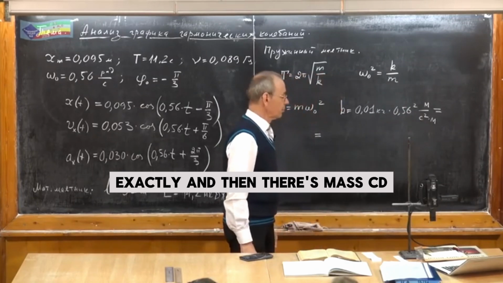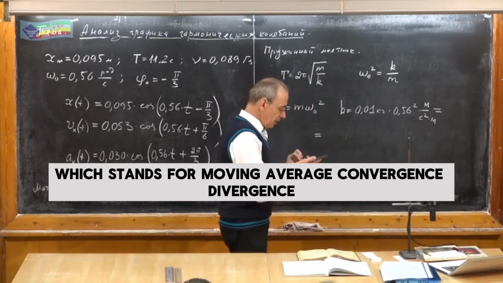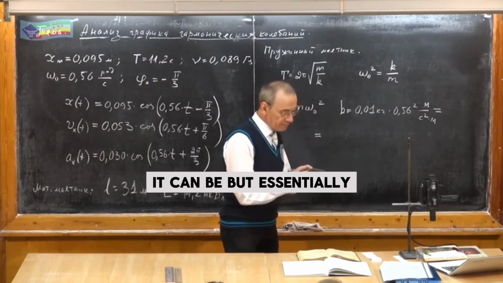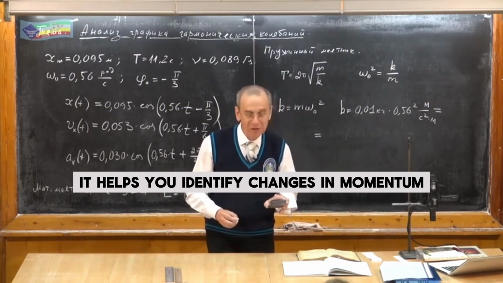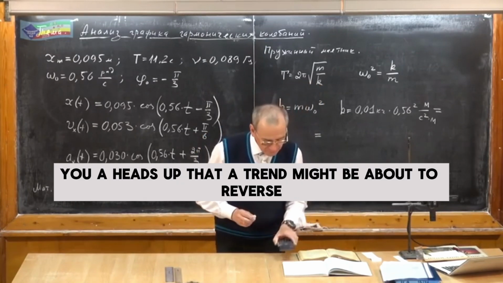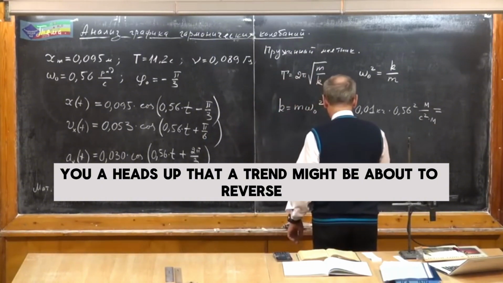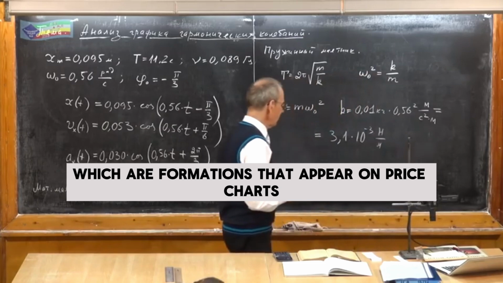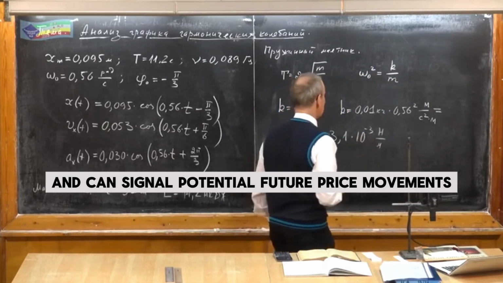Exactly. And then there's MACD, which stands for Moving Average Convergence Divergence. Okay, that sounds complicated. It can be, but essentially it helps you identify changes in momentum. So it can give you a heads up that a trend might be about to reverse. Right. The source material also talks about chart patterns, which are formations that appear on price charts and can signal